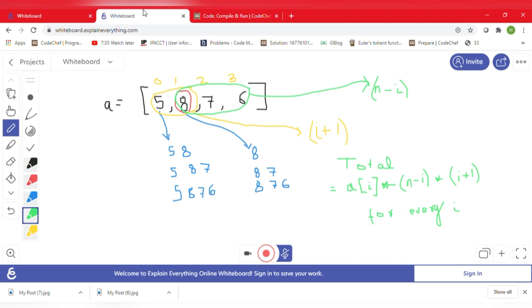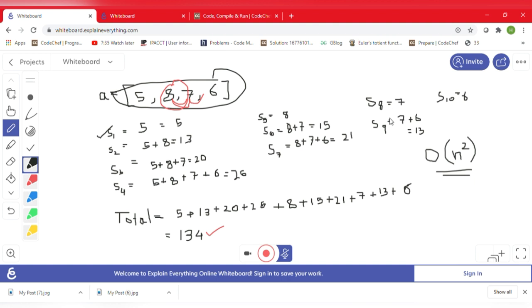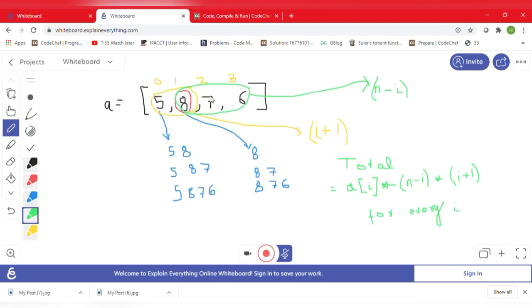So what is the optimization technique? If we pick any element, suppose we pick 8. So if we look here, 8 will not be present in the subarrays of the numbers after 8, right? Because all the numbers after 8 will contain only the numbers starting from themselves in their subarrays. If we look at the subarrays of 7, then it will not contain the previous elements like 8 or 5. Subarrays of 7 will be 7, 7 6, right? Subarray of 6 will be 6, it will not contain 8. So 8 will be present in all the subarrays of the numbers previous to it, including 8. 8 will be present in subarrays of 5 and 8.